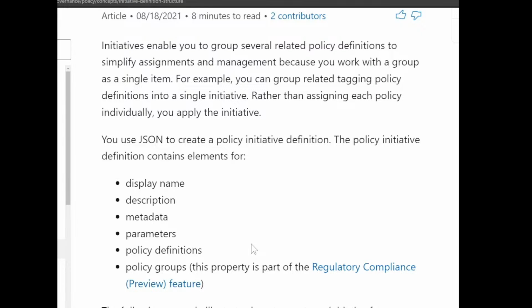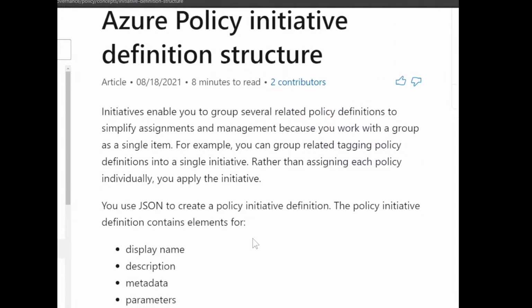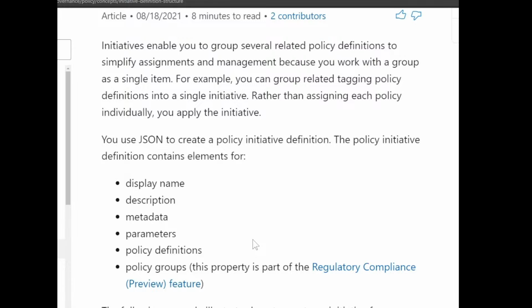So ito yon, Azure Policy Initiative. Meron siyang policy initiative definition and it contains display name, description, metadata, parameters, policy definitions, policy groups.